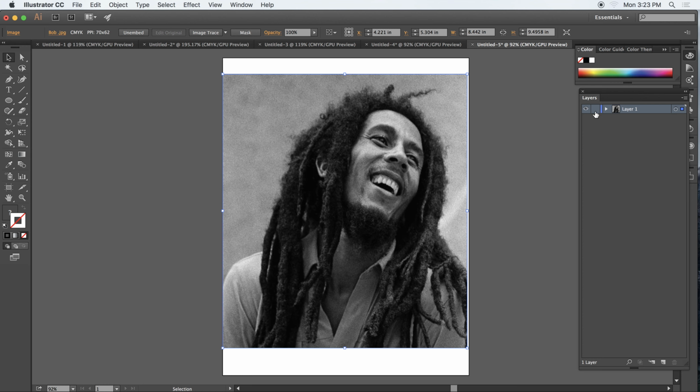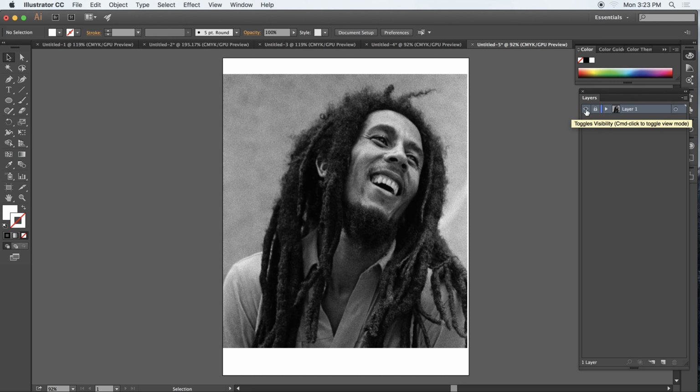So first thing I'm going to do once I place that picture, I'm going to lock that layer, because I do not want to do anything to that layer, because when I am working with my letters, I want to be able to toggle it on and off so I can see that it actually looks like what I think it looks like. So I'm going to name layer 1 pick,